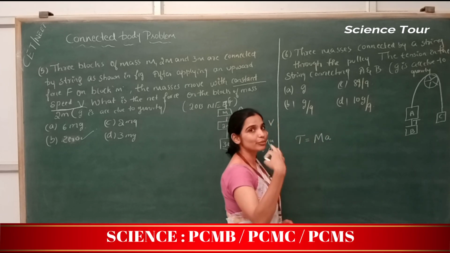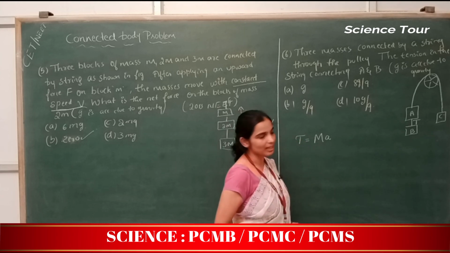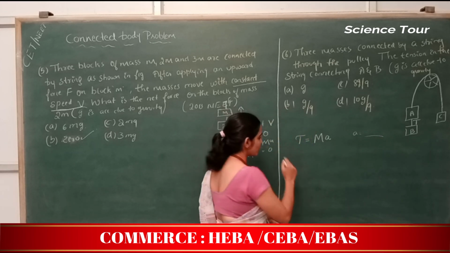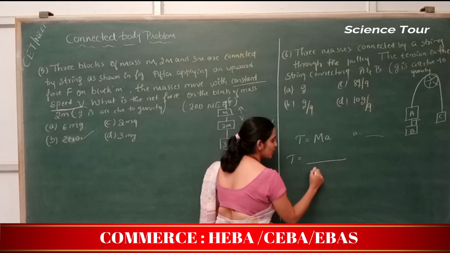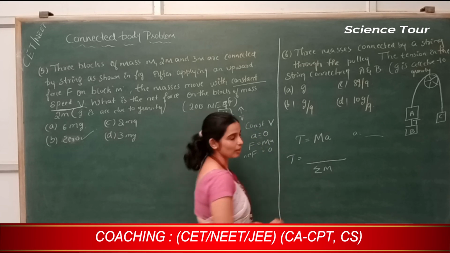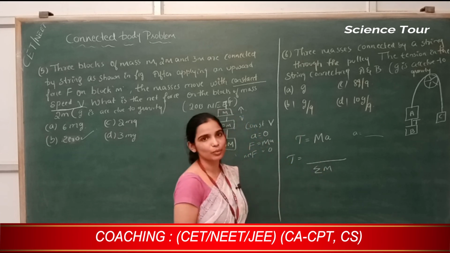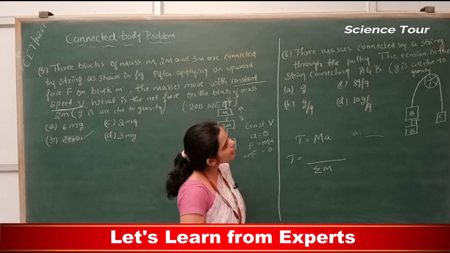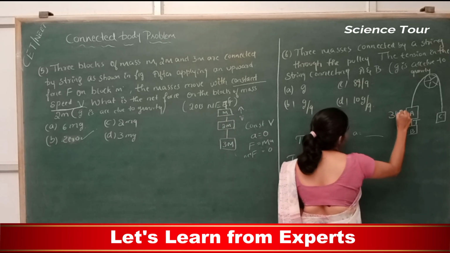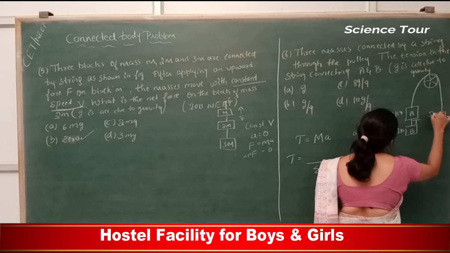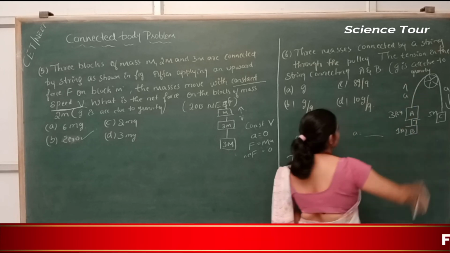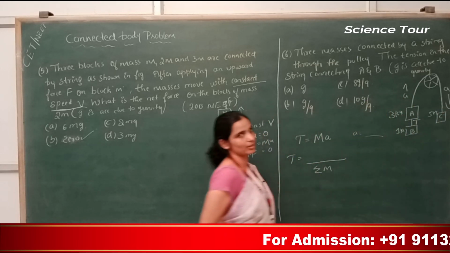Otherwise, if you are able to form the formulas, see, acceleration always has a denominator which is the summation of mass. So this tension will be equal to the summation of mass on the denominator, and on the numerator what are the masses? Have they given the masses here? They have given the masses 3 kg, 1 kg and 5 kg. This is 3 kg, this is 1 kg and this is 5 kg. Obviously acceleration is downward here and upward here, because this weight is greater than the weight here, correct?